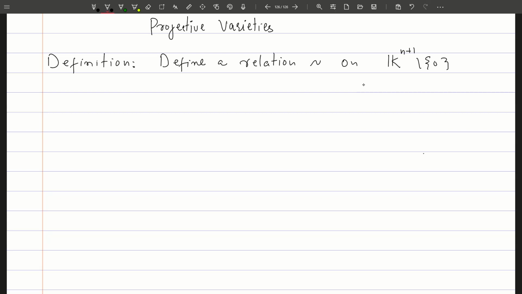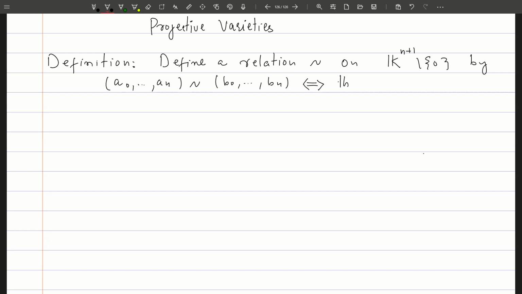We say a point (a_0, ..., a_n), which is an (n+1)-tuple, is related to (b_0, ..., b_n) if and only if